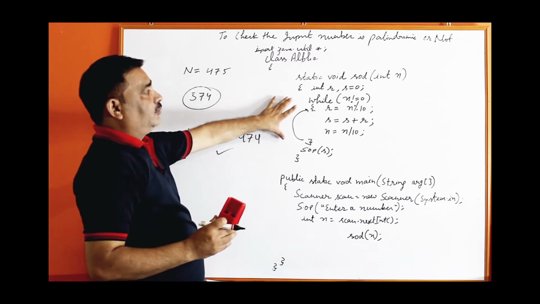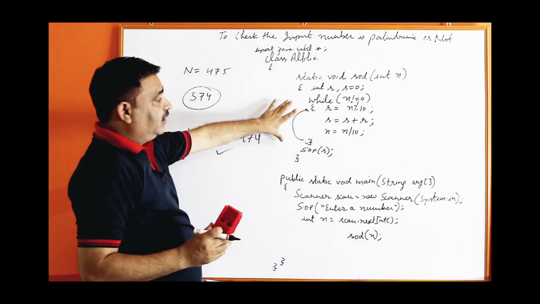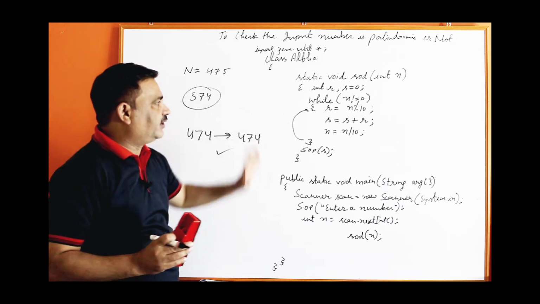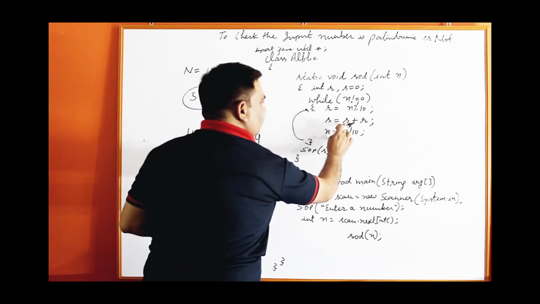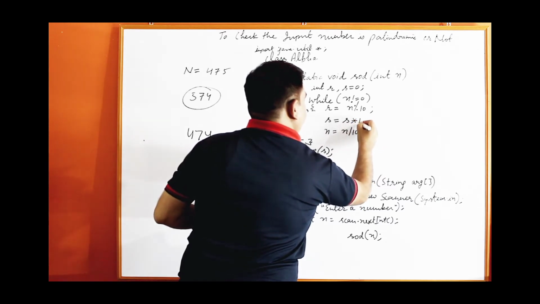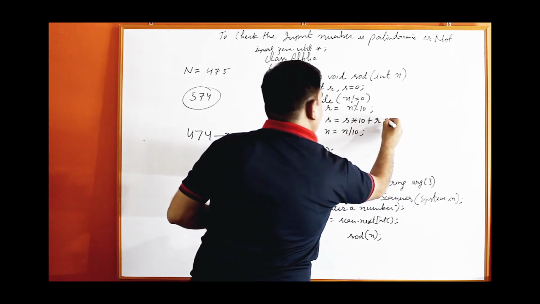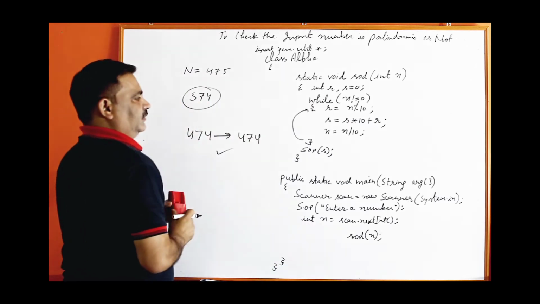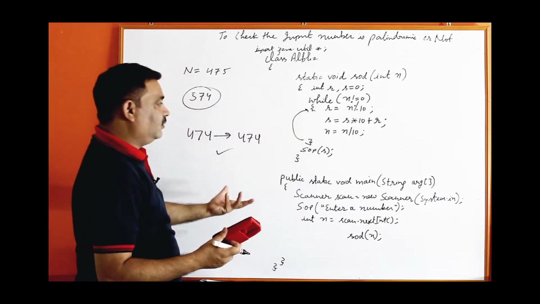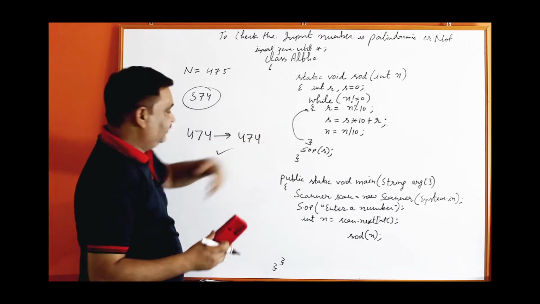This was the program to find the sum of the digits. I am going to make a very slight change in this program. Try to observe it. In place of s equal to s plus r, I am just writing s equal to s multiplied by 10 plus r, and the number will be reversed. Finally, when you see the output, it will be reversed. How? Try to understand the working.